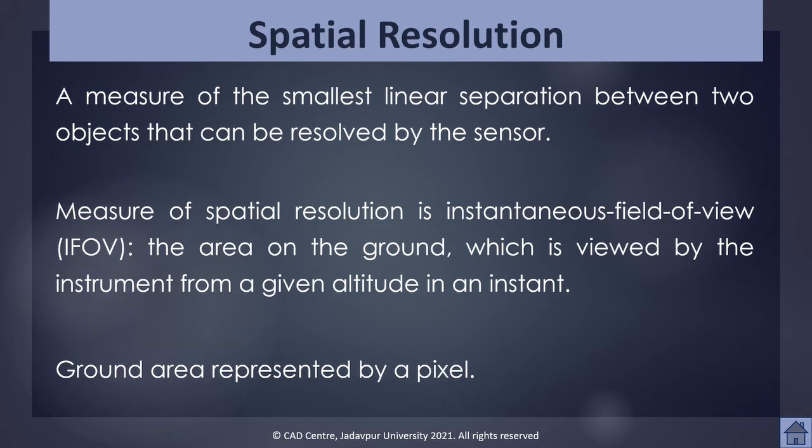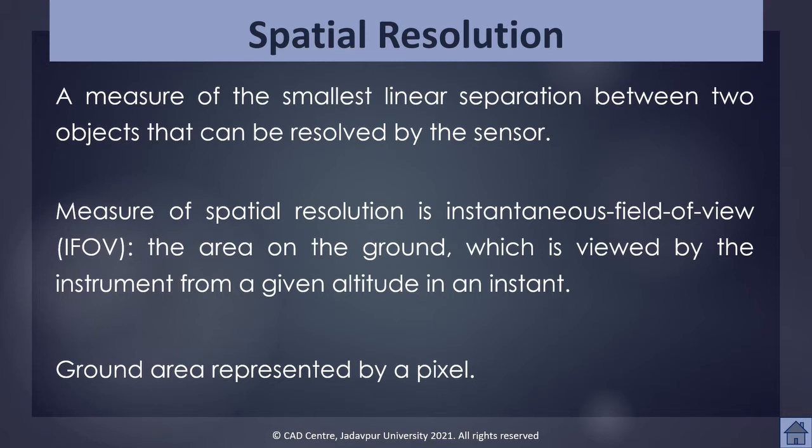Compare an astronaut on board the space shuttle seeing the earth to what we can see from an aeroplane. The astronaut might see a whole province or country in one glance, but will not be able to distinguish individual houses. Flying over a city or town, we will be able to see individual buildings and cars from an aeroplane, but we will be viewing a much smaller area than the astronaut. This is a similar difference between satellite images and aerial images.